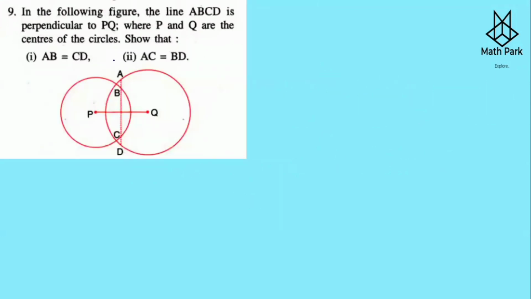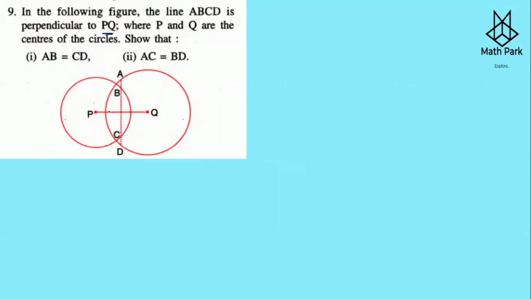Question number 9. In the following figure, the line ABCD is perpendicular to PQ, where P and Q are the centers of the circles. Show that AB is equal to CD. You are asked to show that AB is equal to CD. Now,